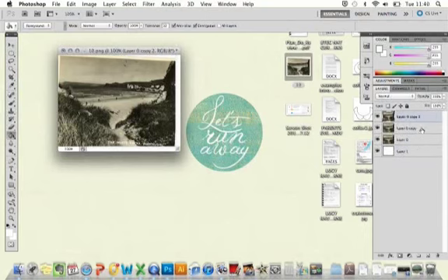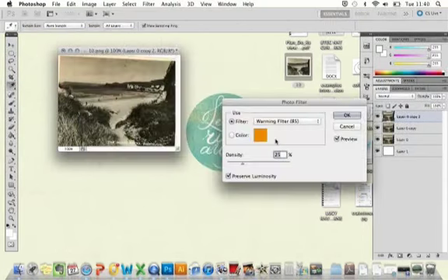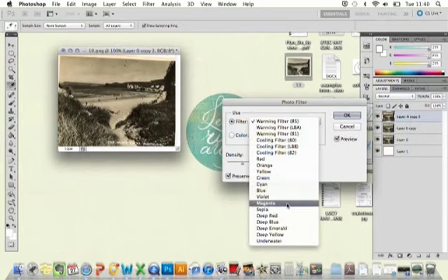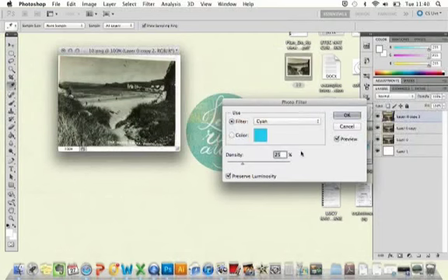Then we're going to apply some photo filters to each of these layers so that we're just changing the colour slightly. So if you start on the top layer and go into Image, Adjustments, Photo Filter, and then select from the filter a colour, whichever colour you want, I'm going to go for cyan, we're going to do 25% on that first layer